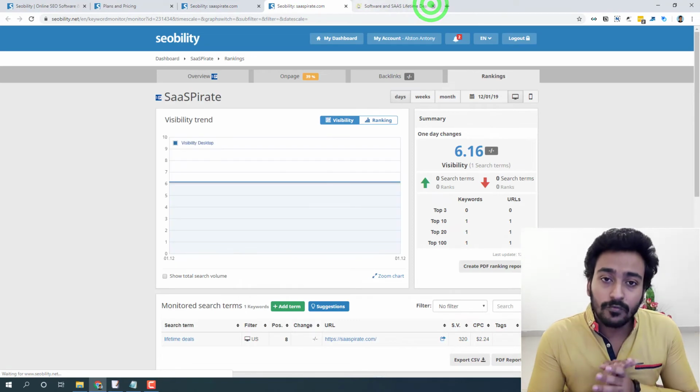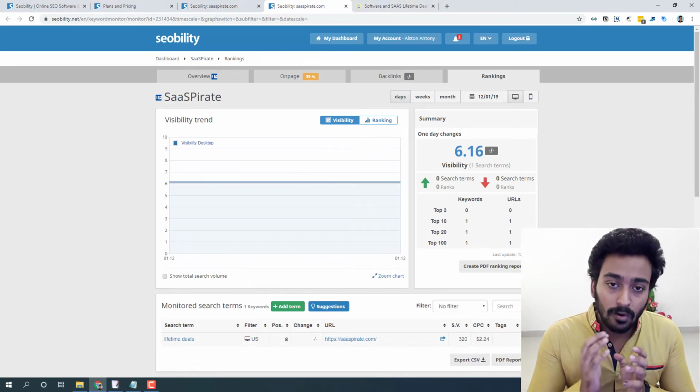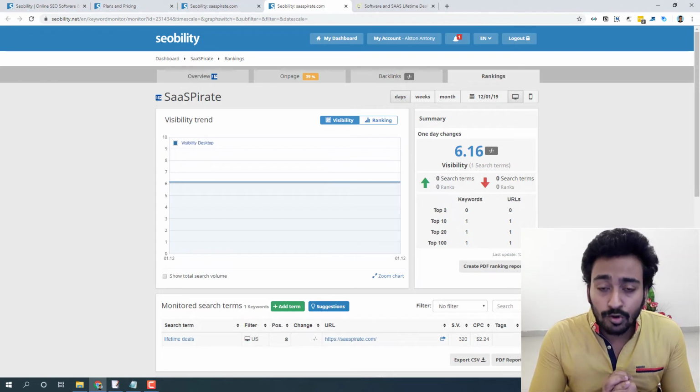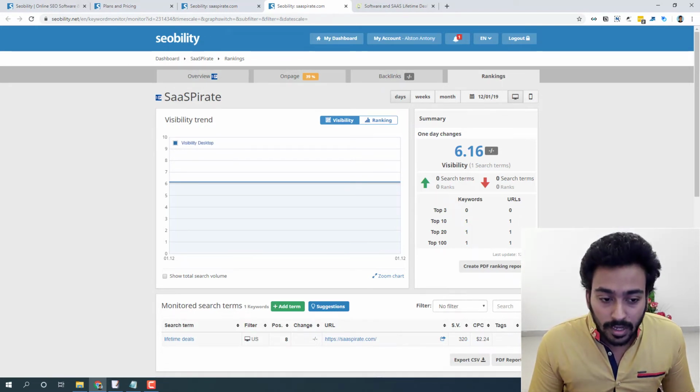This is where you can keep track of all the keyword rankings and the progress you are making. If you are doing good on-page work and good backlinks, you need some way to track whether what you are working on is working or not, and what the percentage of your growth is. All this can be monitored here. You can see it shows the visibility of my website based on the ranking. It shows how many of my keywords are in top 3 position, top 10 position, top 20, 100, all these things